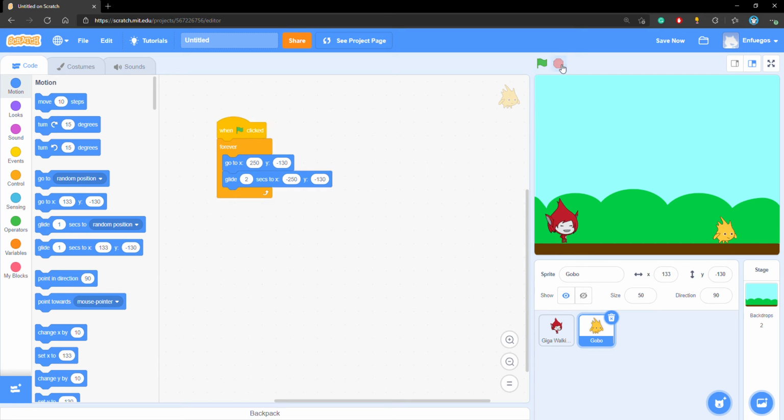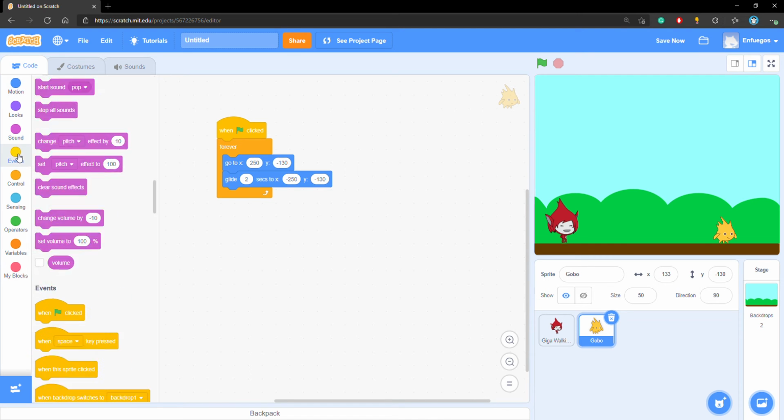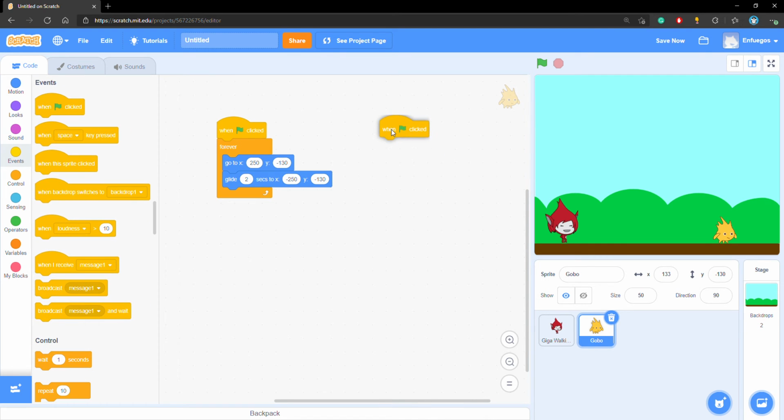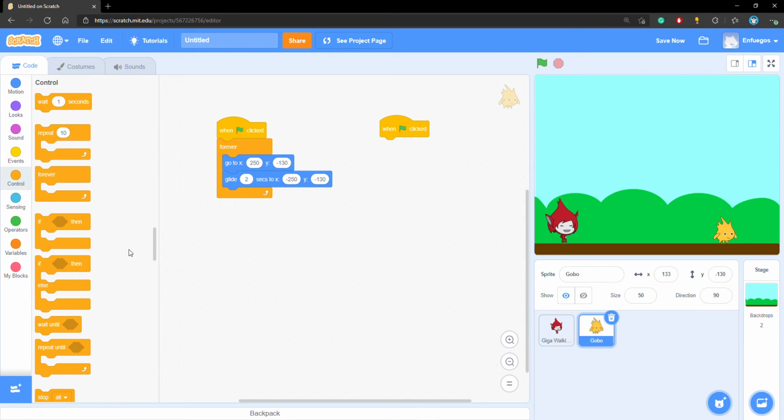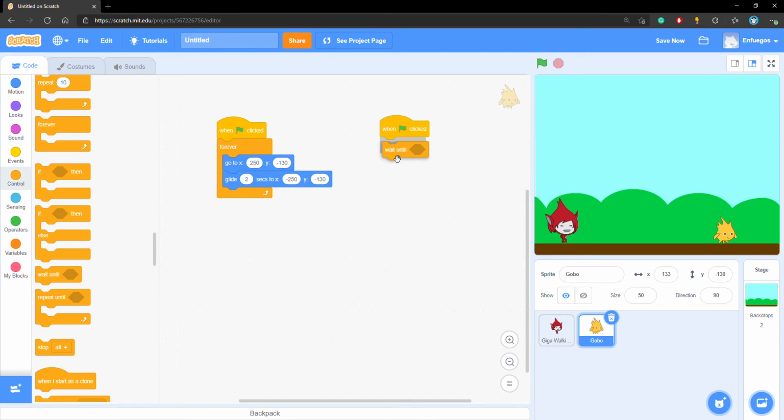So now, what we want to do is create a system that if this sprite touches this character, the game should stop. So let's go to events, the green flag. When the green flag is pressed, we're going to go to control. We will wait until